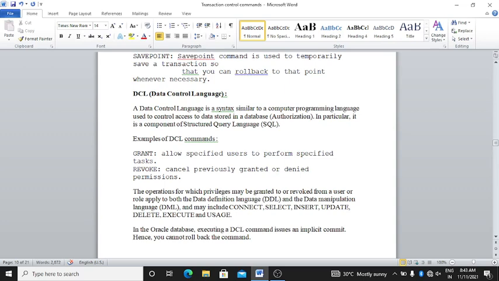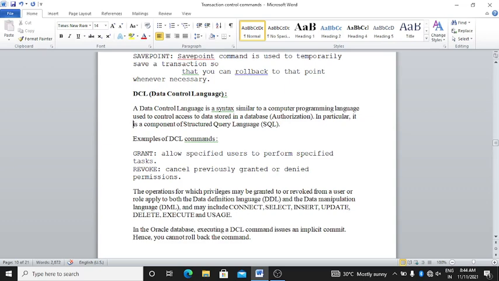Examples of DCL commands are grant. The grant command allows specified users to perform specified tasks. The second command is revoke. The revoke command cancels previously granted or denied permissions.